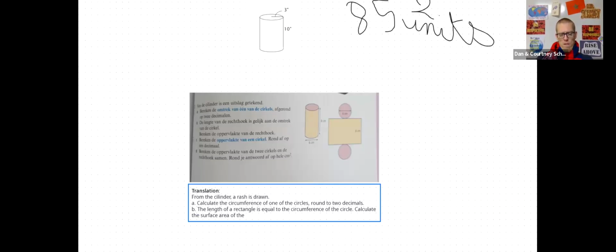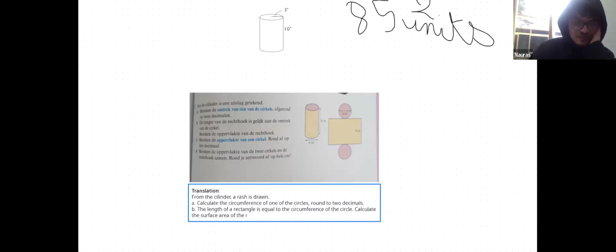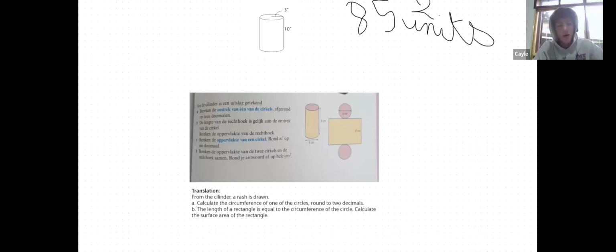Okay. So Kale, take a look at Naras's part A. Why do you think it's important to do what part A is telling us? I think that we need to calculate the circumference because once we do that, then we can multiply it times the height of it, and we can get the entire area right there. Okay. So Kale is saying that the circumference of the circle,